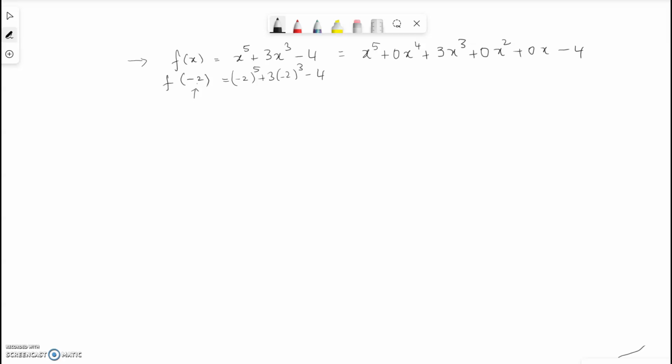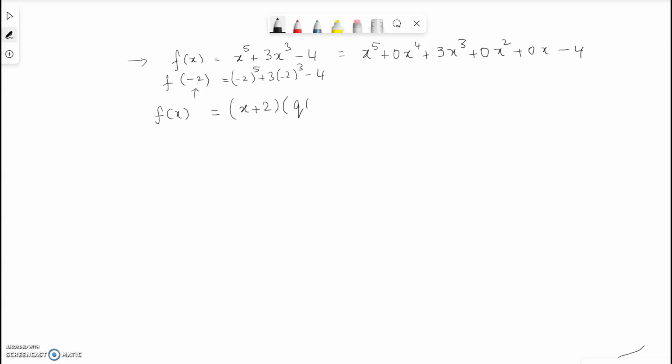However, we could use synthetic division and or even long division to figure out the value of the function in a slightly different way. And this is how I would do it. So I want to write f of x as x plus 2